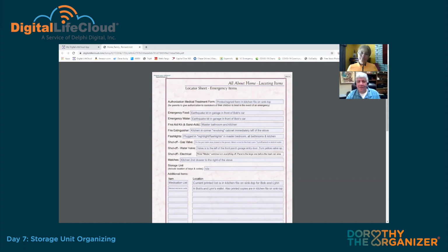Well, this is a great form to just have pre-filled out. Again, you can print it out and keep it in your kitchen or at some other place in your home. You don't have to always run around to find the computer or the laptop and look it up. I have nothing against paper, Dorothy. I think paper is our friend. Well, I'm glad to hear that because we are still not a paperless society, although we are transitioning so much more into the digital world, which is why I love this